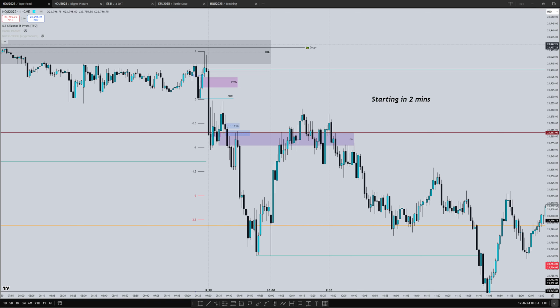So we're going to go through a couple of things today. I'm going to do the review first and then the Q&A at the end. We're going to cover the bias and the protocol from Friday's price action going into the news and the specific profile. We're going to talk about an entry model, the one that I took on Friday,